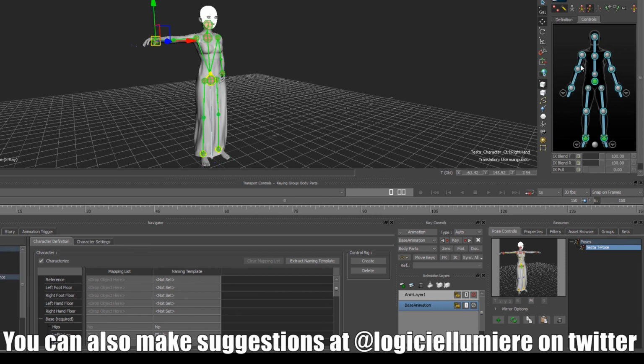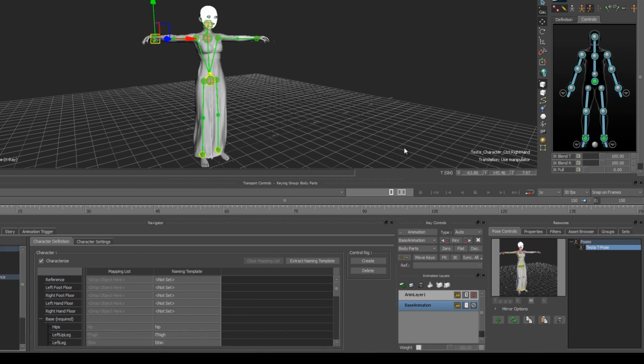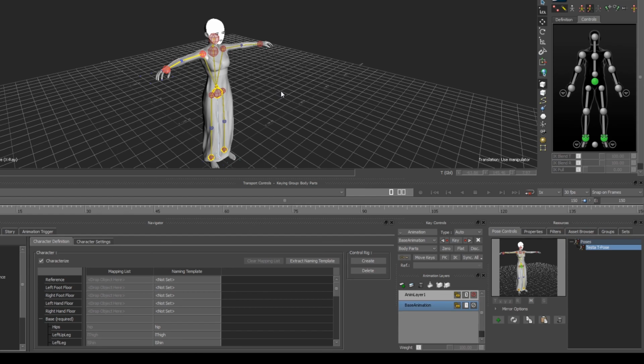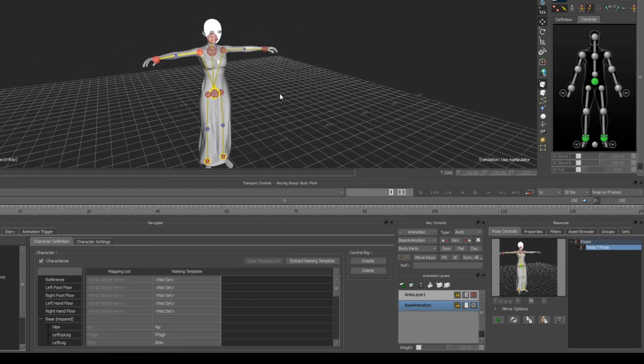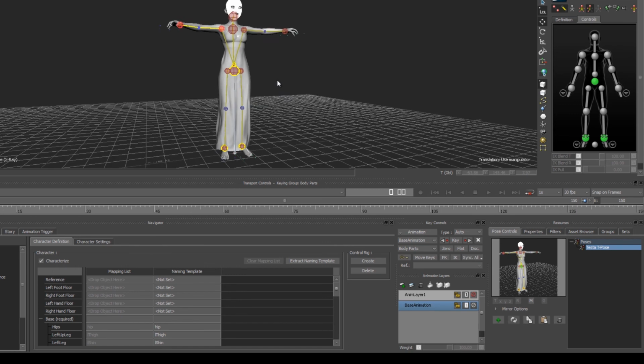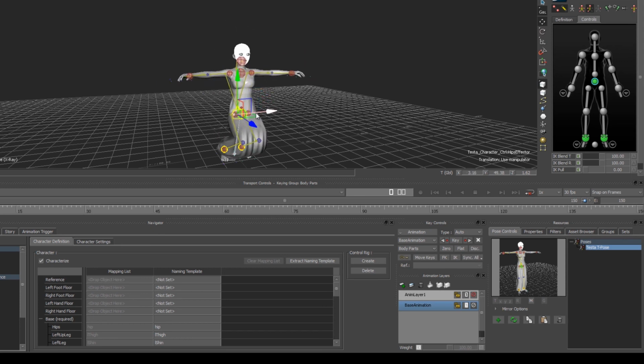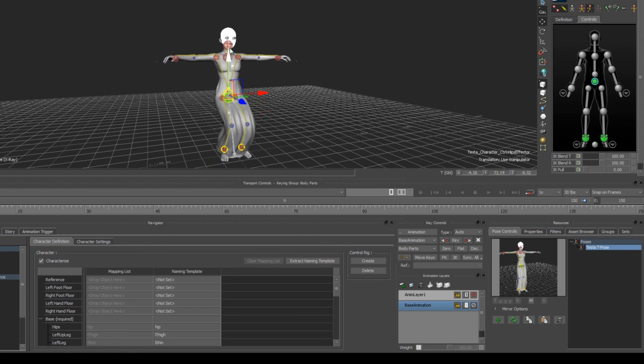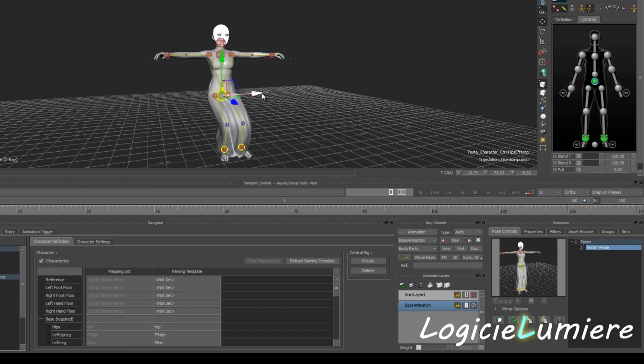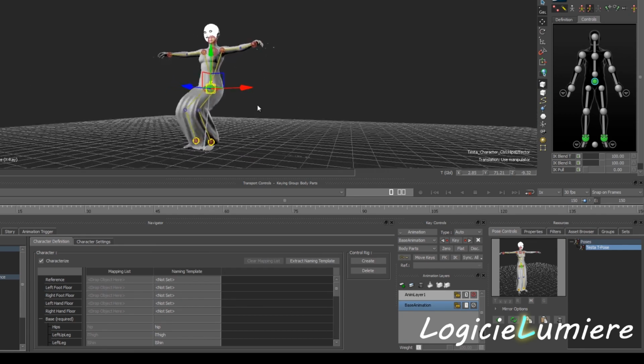If, like I said, I double click in here and I have everything selected, then lo and behold, it goes back to T-pose. I also believe you can just have nothing selected and it should go back to T-pose automatically. It assumes everything's selected if nothing is selected. But anyway, we've got full IK here. We can move the hips down and the legs move with it. We can move the hips side to side, back and forth, and our legs perfectly just